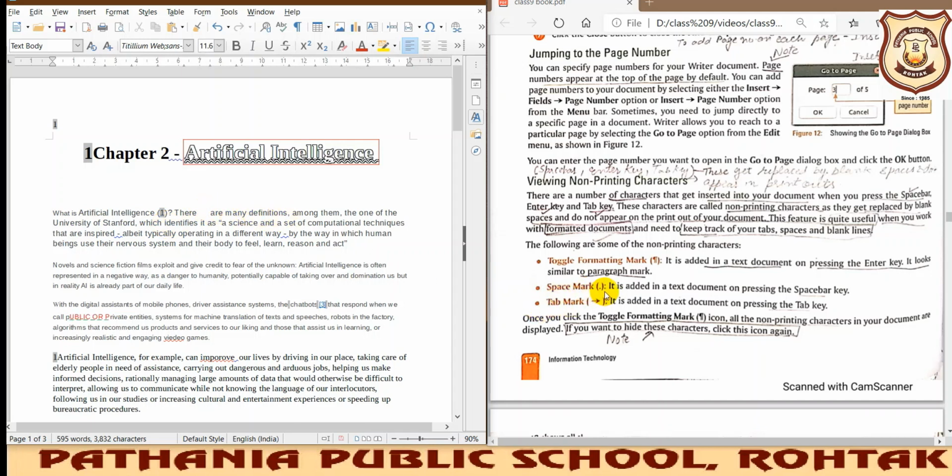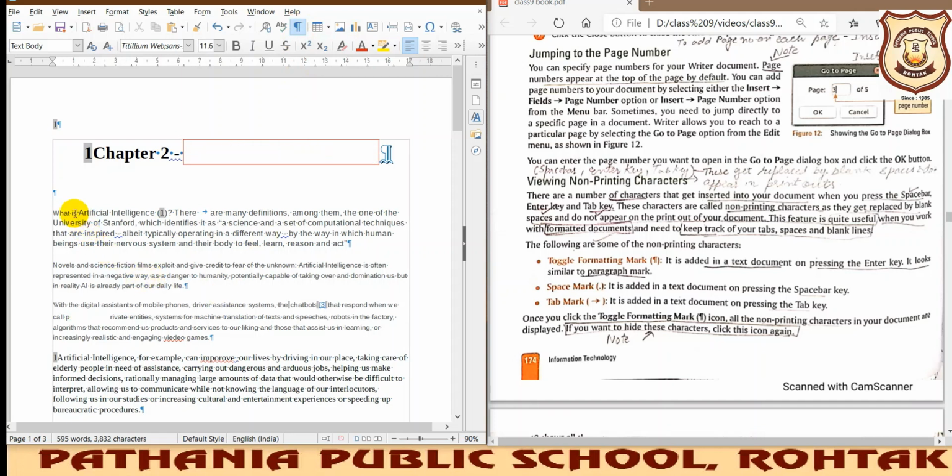The space is denoted by this dot, and tab is denoted by this arrow, and your paragraph end is denoted by this symbol. So if you want to see these symbols notifying you wherever these particular things have been used, you just need to click on a button that is given here. Here you can see this is toggle formatting marks. Either you can press your shortcut key, that is Control F10. If you press it on, it will show you all.